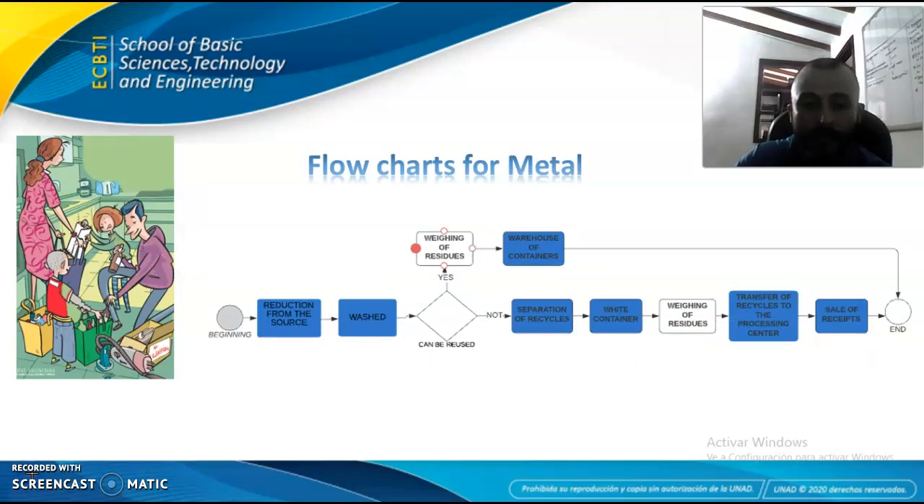Beginning: reduction from the source, waste can be reduced? Yes. Weighing of residues, warehouse of containers, and now separation of recyclables with container, weighing of residues, and additional activity: transfer of recyclables to the process center, sale of recyclables, and